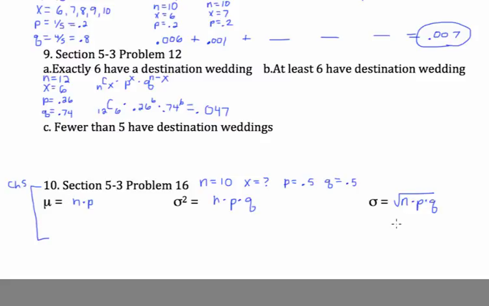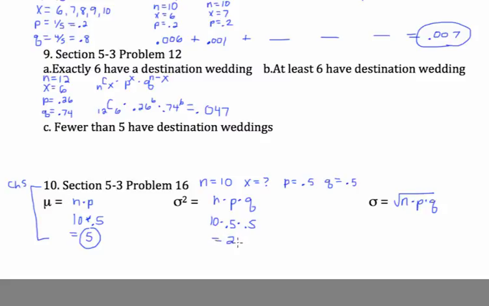Make sure you go to your formula sheet and find these. So now we just sub numbers in, n times p, that's 10 times 0.5. Then n 10 times p 0.5 times q 0.5